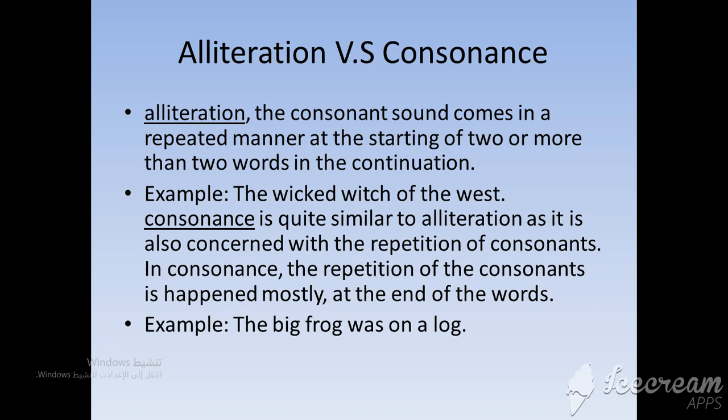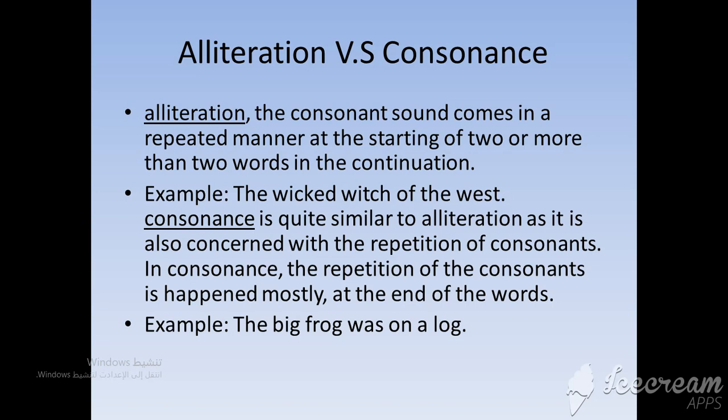So in this example, the witch of the west, we can notice here we have repetition of the first sound. So you might think that the W is a vowel. No, it is not a vowel, it is a semi-vowel. So we have repetition of the W sound in these three words. While in consonance, we can notice that we have repetition of the G sound in big, frog, and log. So this is the main difference between alliteration and consonance, and for sure we're going to apply this in our